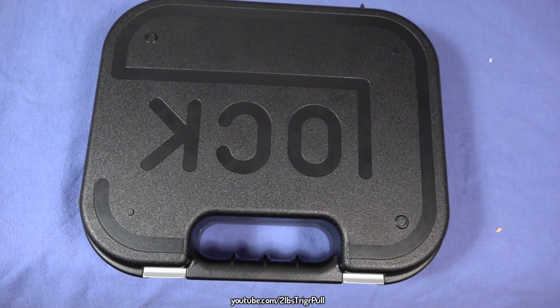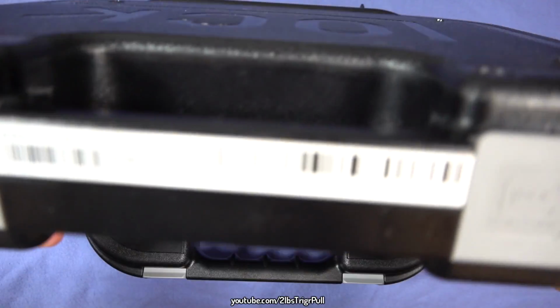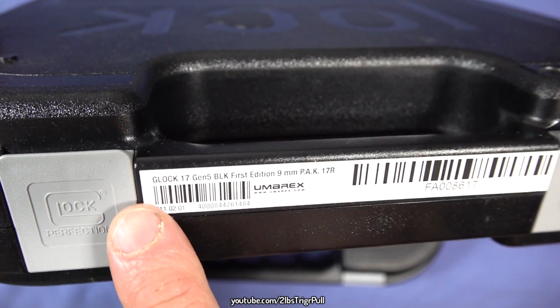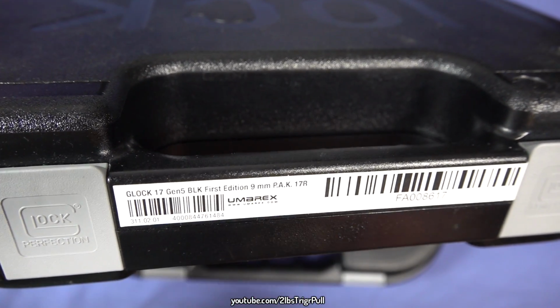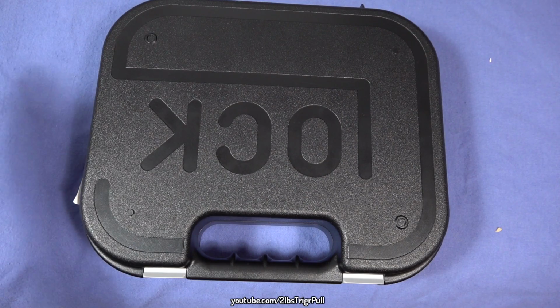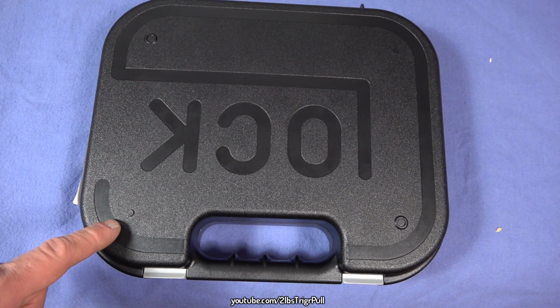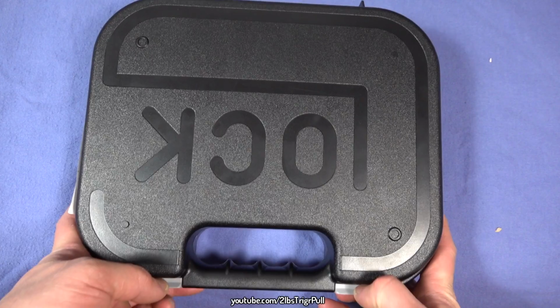The first limited edition of the Umarex blank gun was this one, first edition, but with a zinc die cast slide. And now they come in a steel slide. It's also only a limited edition, so only available for a short time, I think, until they are all bought up. The new limited edition with steel slide comes also in an original Glock box,